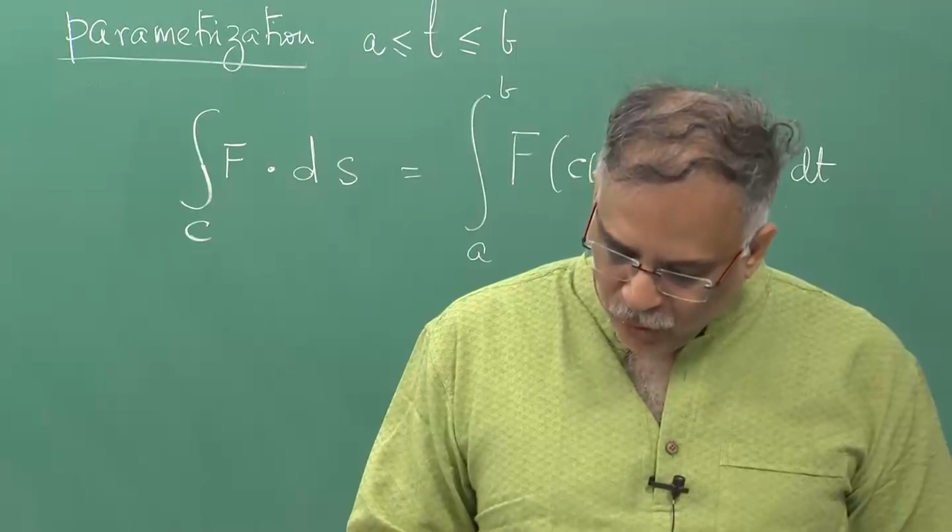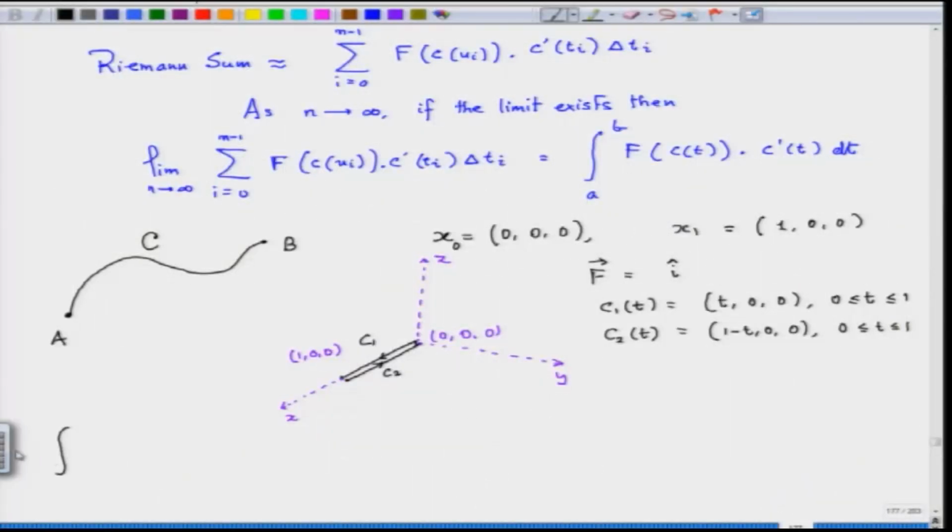So, if I go by the curve C1, so let me call this C1, the big curve. C1 is this big curve parameterized by this, the other big curve C2 is parameterized by this. Both are line segments, nothing more. So, by C1, if I take my line integral, that value is plus 1, but if I come by C2,